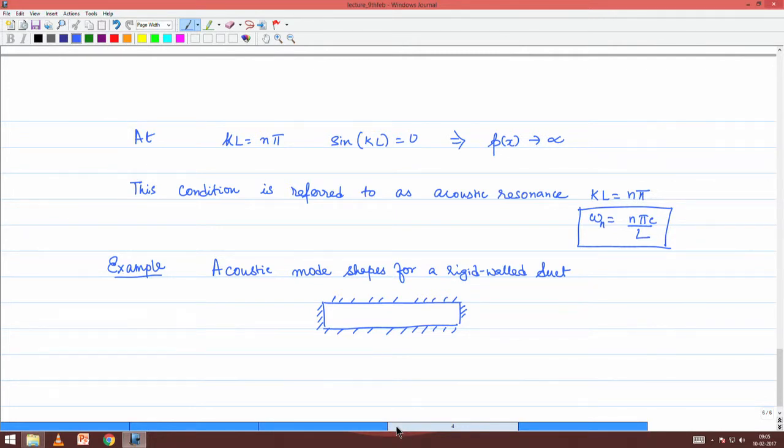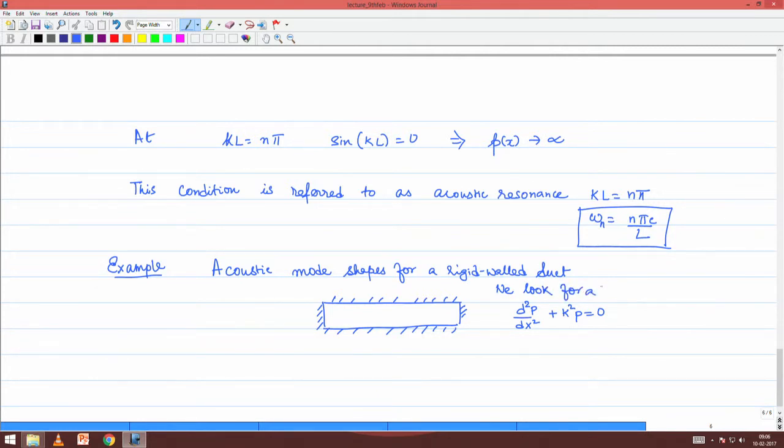We understood that if there is an oscillating piston, then obviously there can be waves that is possible, which is because of an expenditure of some kind of forcing. Forcing in the acoustic parlance refers to that velocity condition that we worked out yesterday. But here we are going to see whether there is a non-trivial solution possible for this equation even in the absence of any velocity excitation, right. So, we are going to solve the same equation, which is d2p dx2 plus k square p equals to 0.